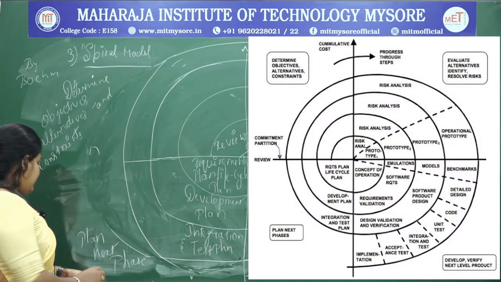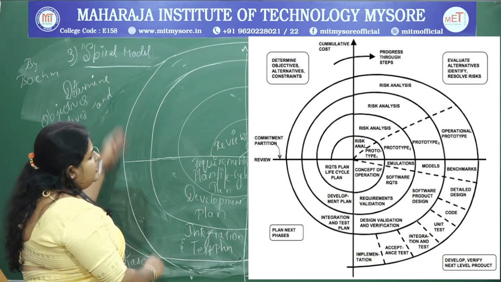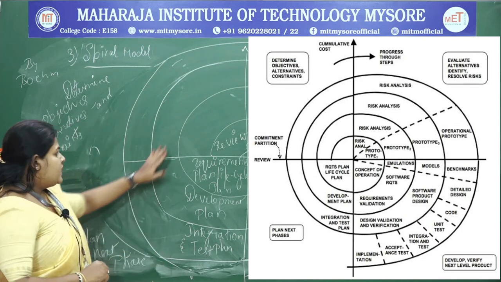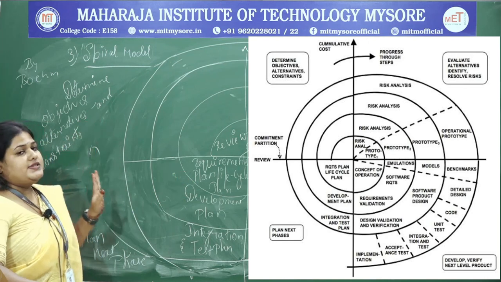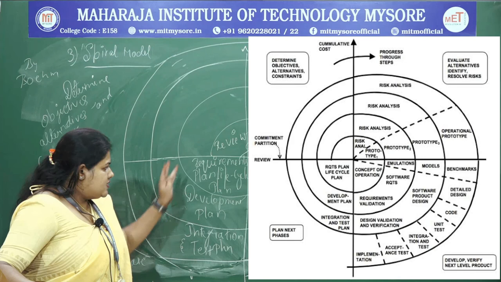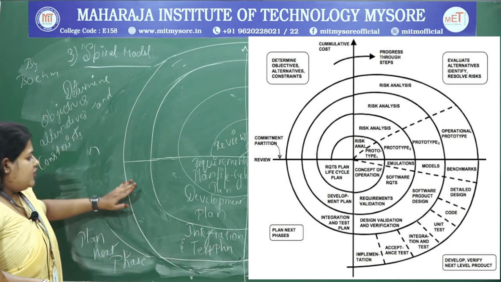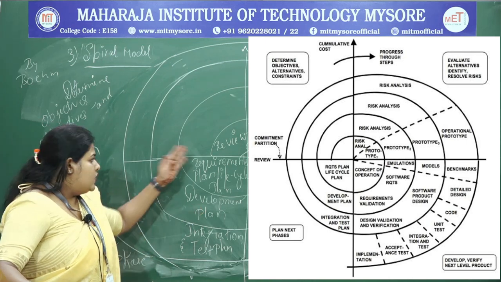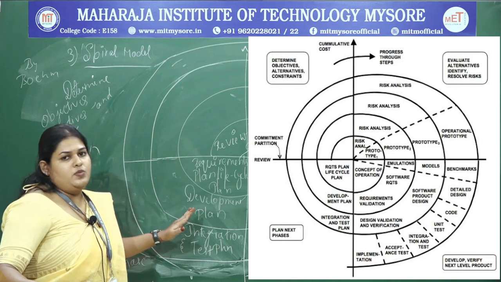And finally the fourth one, that is the planning of the next phase. That is again the continuity of the spiral model, where the requirement analysis will be done, and constraints are very much important. On the basis of the constraints itself, we can start working on the required project, and this is how it is unique from the two other software process models, where we have undergone the waterfall and incremental model.